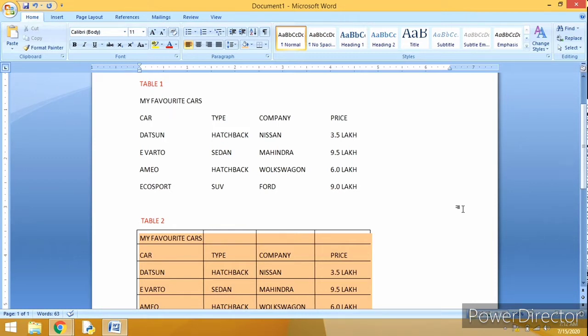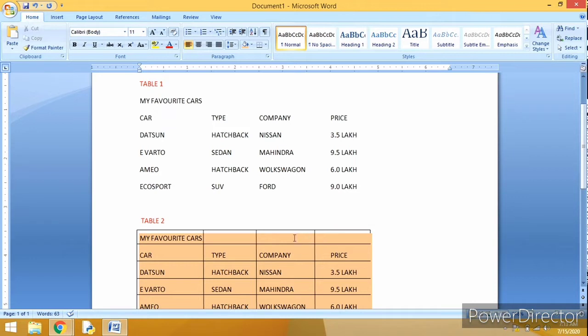So the table heading you can see in table 1 is in the first row, or you can say in the first column. And in table 2 it is in the cell of a table. So this is known as a cell. Each box of a table is known as a cell.